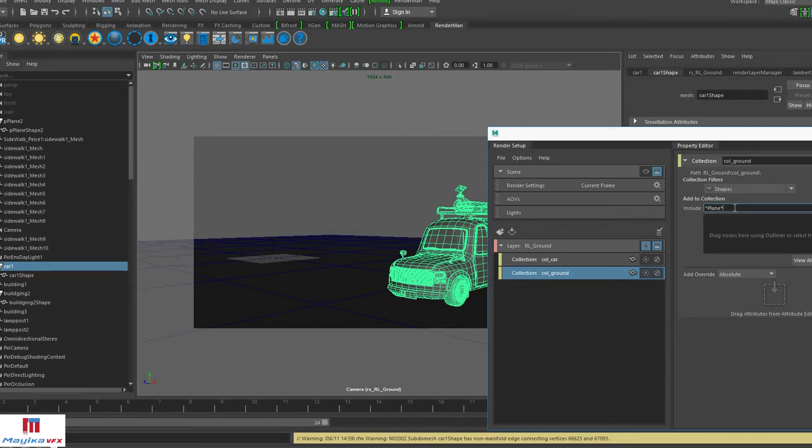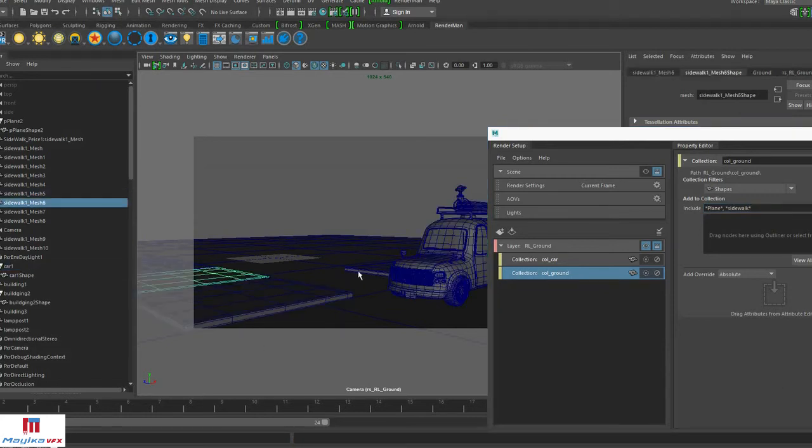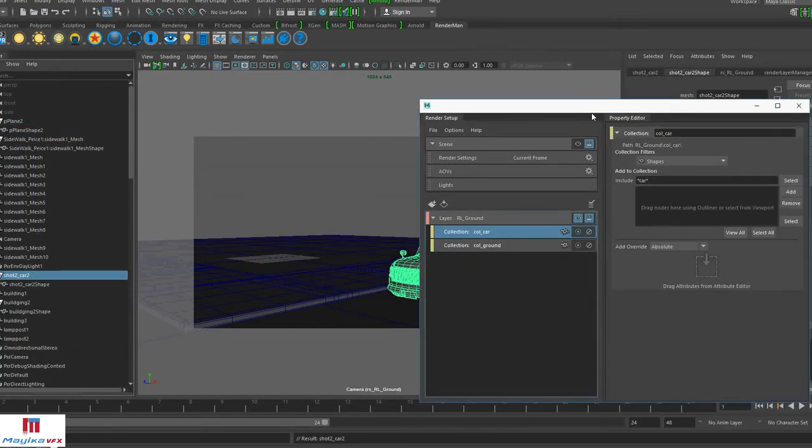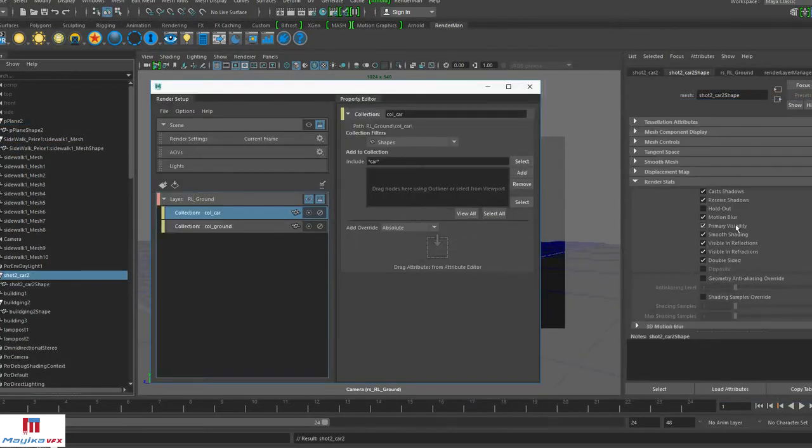So this is a wildcard. We can add several objects like this by giving comma and star name star. Now we created collections based on wildcards, so everything else is same.